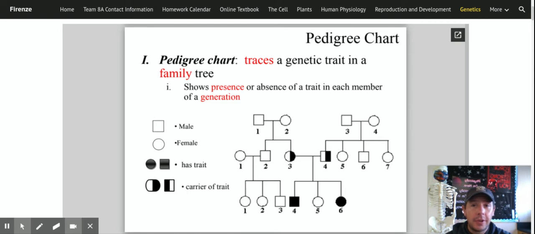Today we're going to talk about pedigree charts. So far, we've done lots of Punnett squares and figuring out different types of genotypes and how it affects our phenotypes. But what does it really mean? How do we really use it? What we're going to do is take this stuff that we've been learning about and put